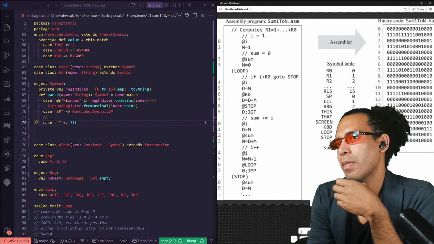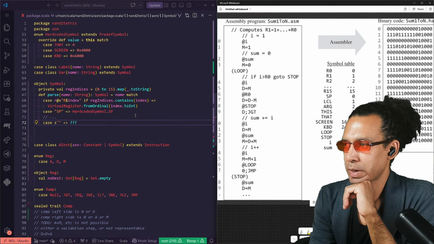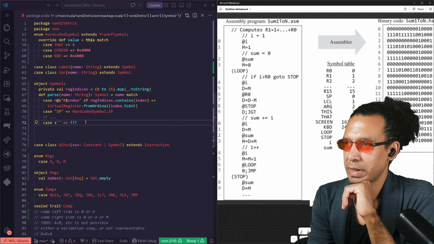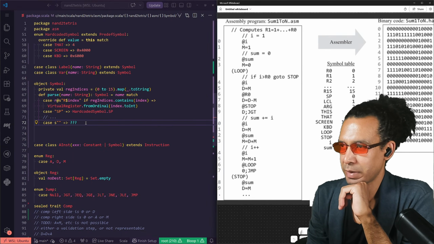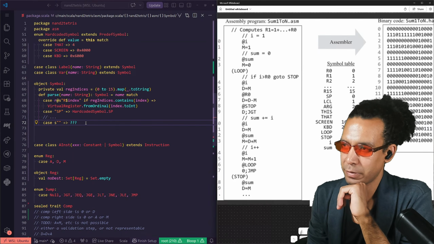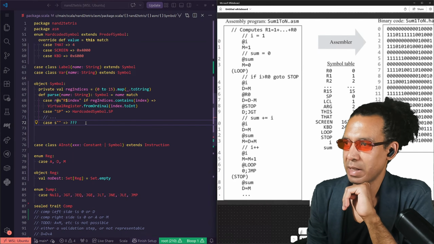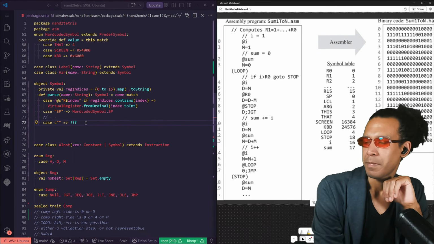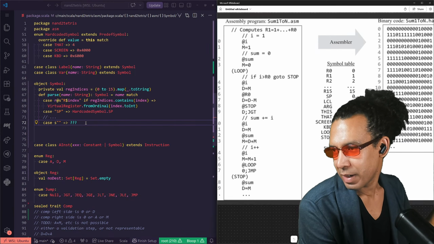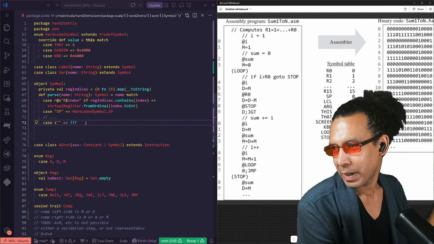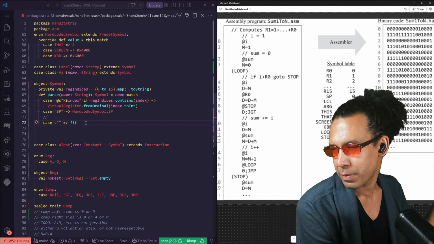Hmm. I think I will parse it that way. I think we'll make that a rule here in our assembler. Lowercase must mean a variable. Yeah, our variables must be lowercase and labels must be uppercase, because it's a good convention, and I don't want to run into any hairiness that comes from